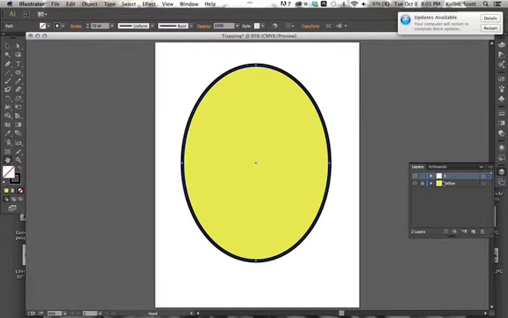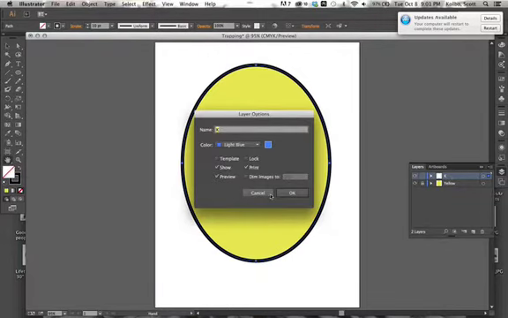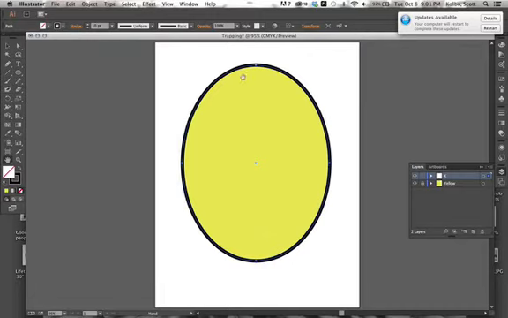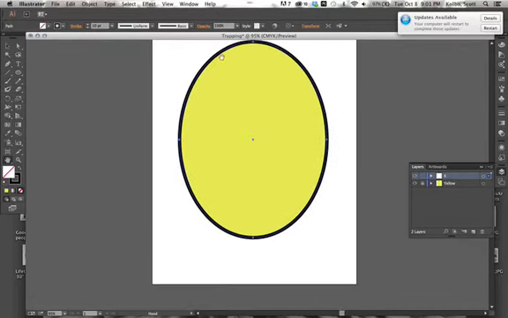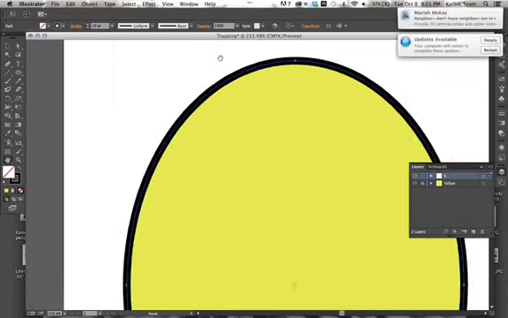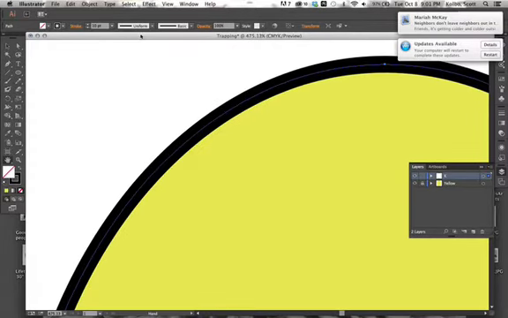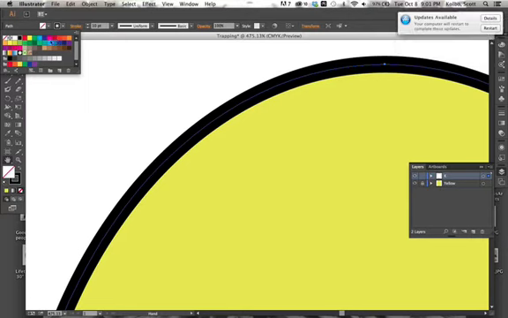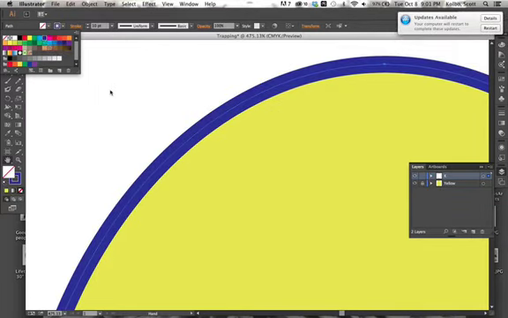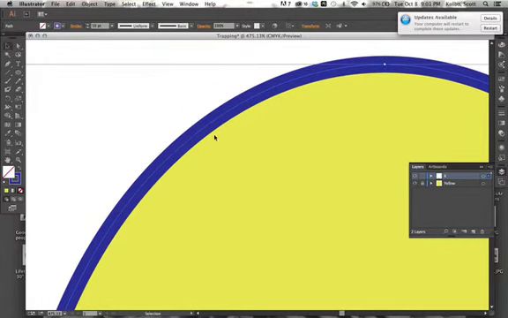One thing that a lot of people like to do is make their colors match, and they like to mix the colors together, right? So you want to try and mix your colors on the two things. So I could change my stroke here to blue, right? And then what would happen is my blue would overprint over the top of the yellow, and it would make a green color, right? So one way you can simulate that